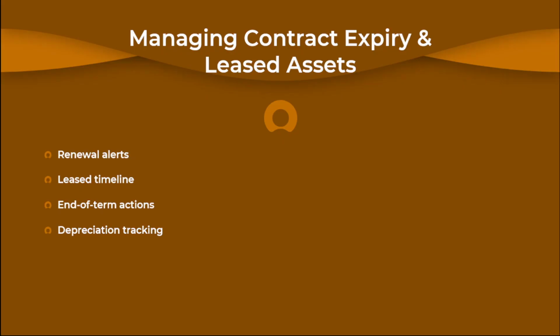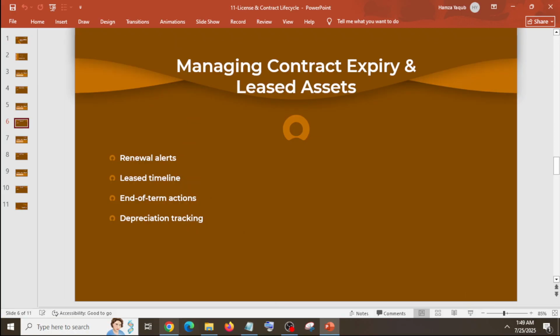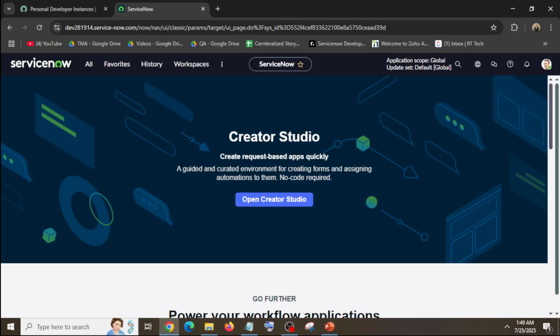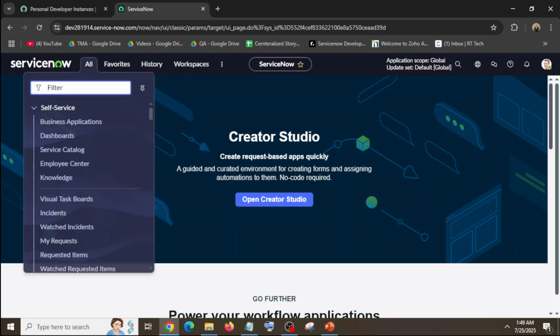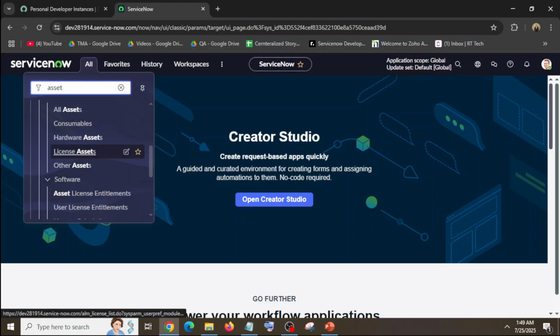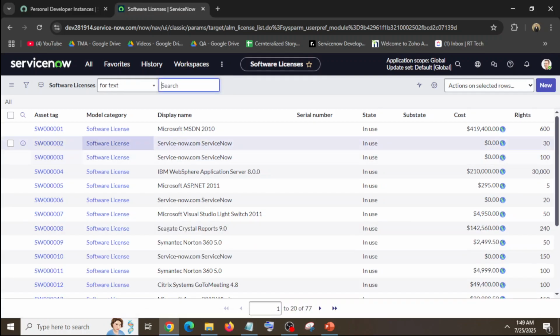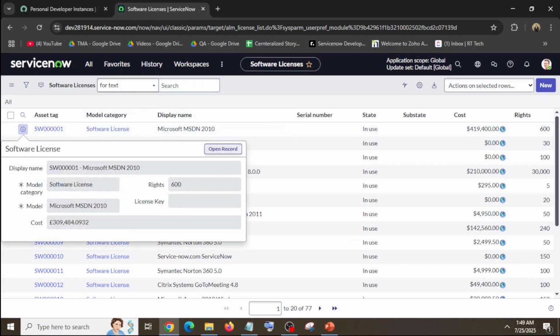So I will show you these contracts and licenses on my personal developer instance. So this is my personal developer instance, and if we go to license assets, then this table contains all the software licenses. If we open one of the records,